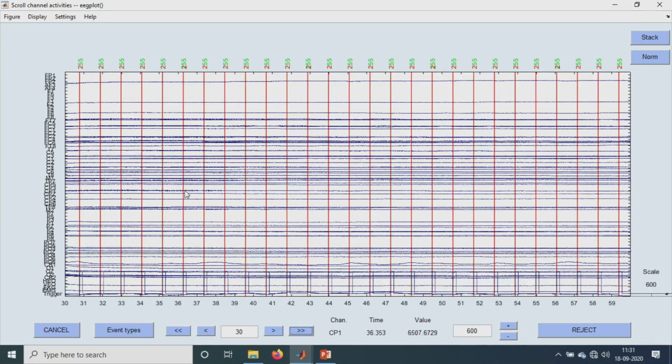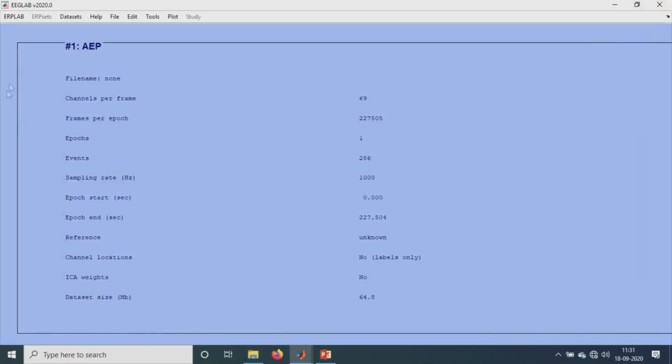So this is just to see, and what you have to check mainly is the trigger number over here. There are two different ones here; this 2 is our trigger, like the AEP triggers, the trigger number that we have recorded over here. The next step is the initial pre-processing.